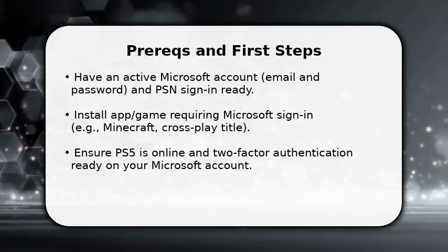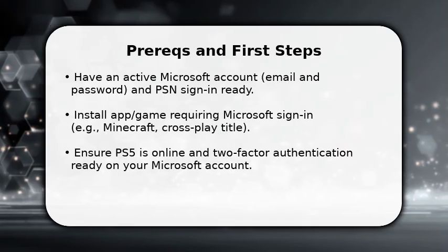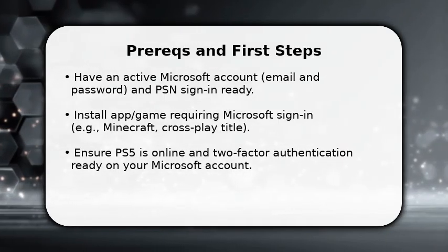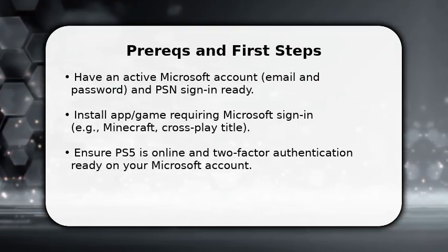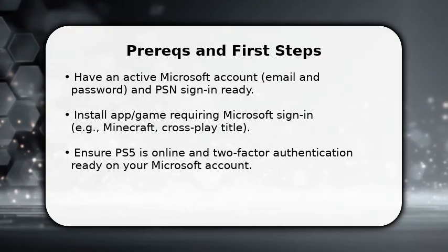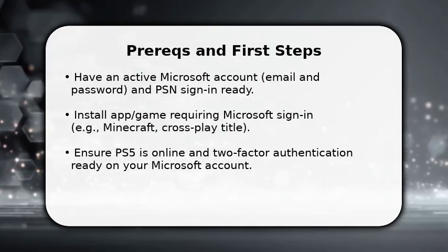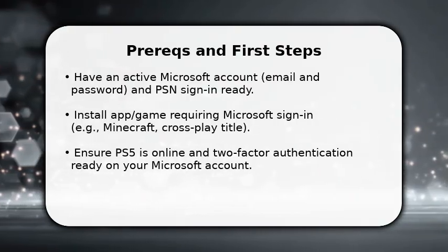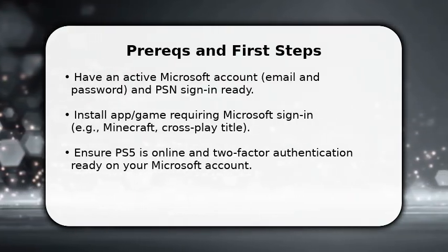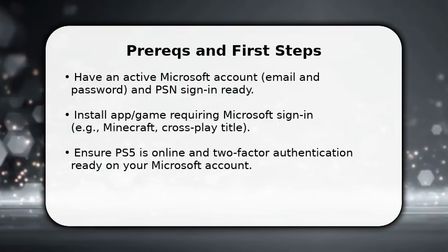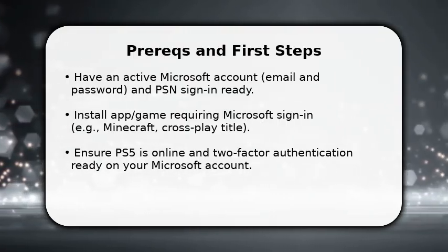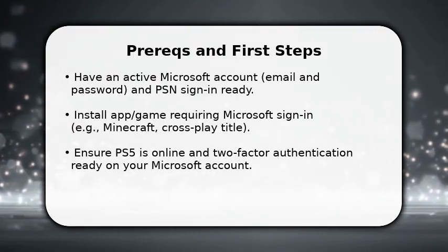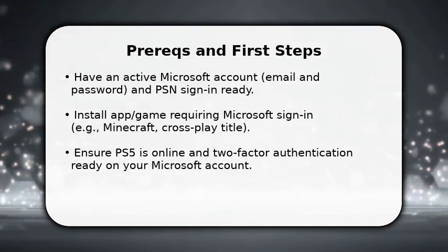You start by confirming prerequisites: your Microsoft account credentials, PSN active on the PS5, and the game or app that prompts Microsoft Sign-In installed. Once done, launch the game and choose the option to link or sign in with Microsoft. Make sure two-factor authentication is accessible on your phone or email. This prevents being locked out mid-link. This initial step is crucial because it creates the handshake between Sony's PSN identity and Microsoft's account system, which enables